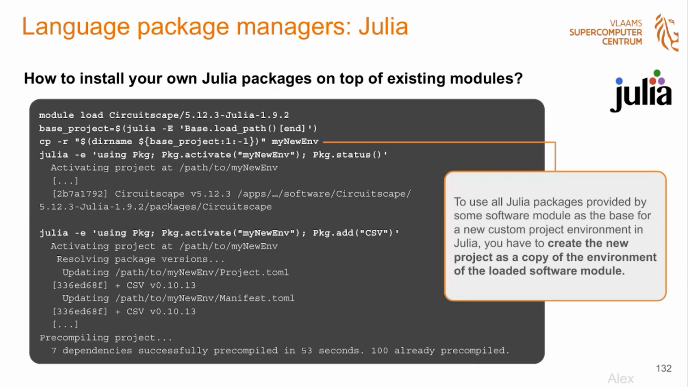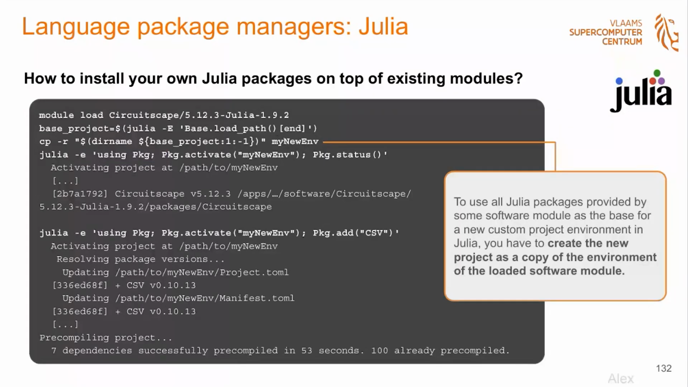And now, just as a last remark, there's actually a way to combine our projects with modules. It's a bit complicated, so I'm just dropping it here. If you're interested, look at this slide. Basically, what you can do is take the module that has the Julia package that you want to use as base. In this case, it's called Circuitscape. And then you can just copy the environment of that module into your own one,